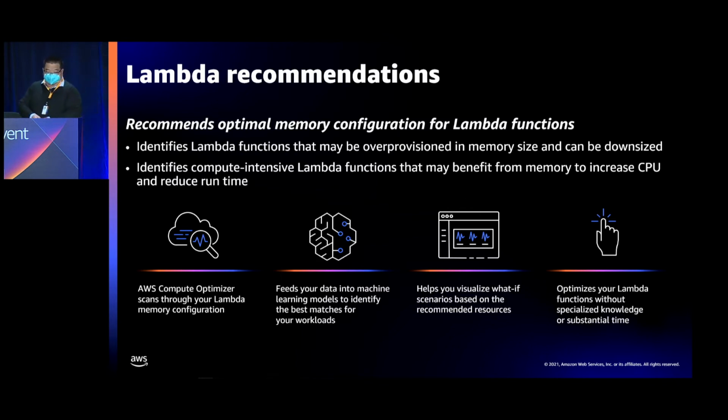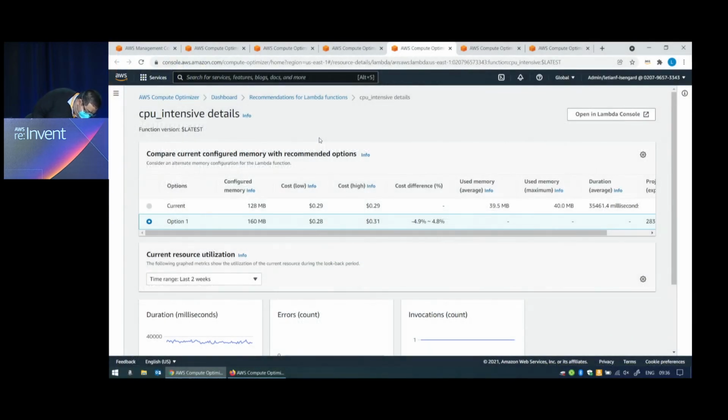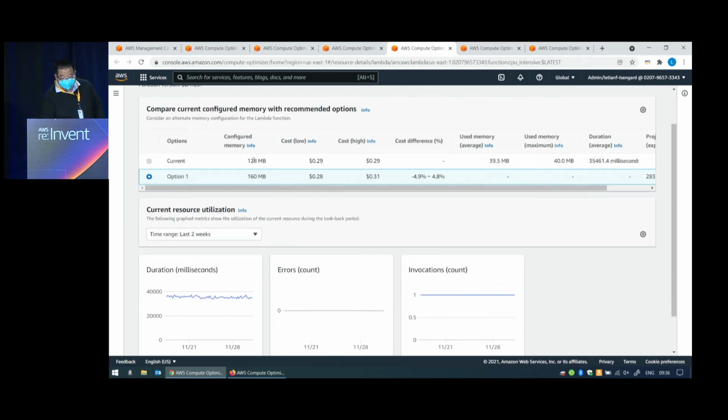Let's also look at how it works. This is a CPU-intensive Lambda function. Configured memory is 128 megabytes.